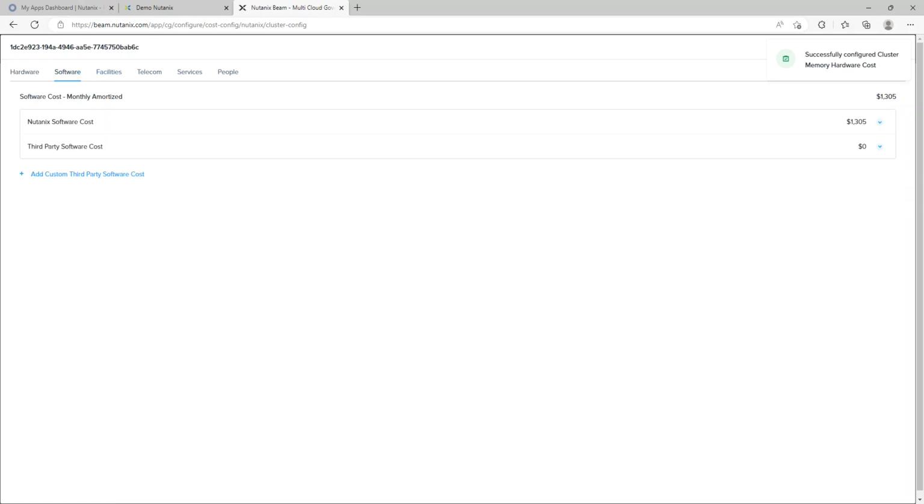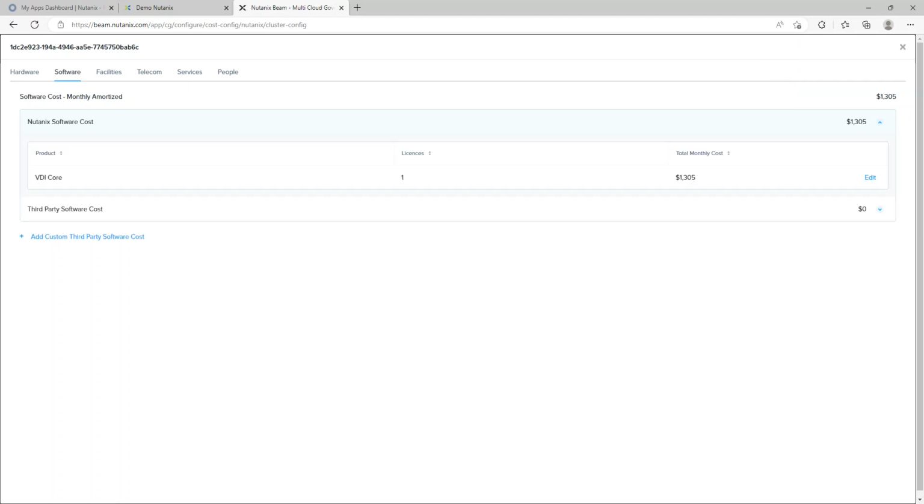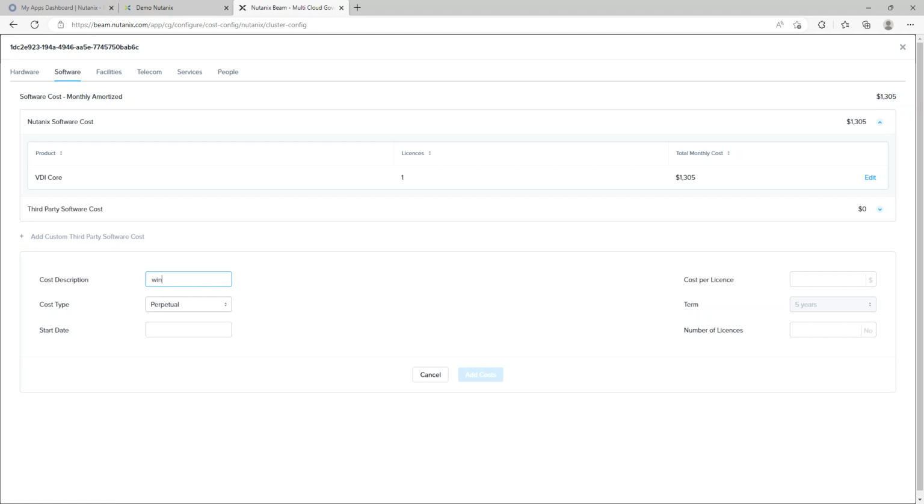Okay, software. So software, the total cost. When we talk about the total cost of software, you need to know that you take on board, if you've got Files, if you've got Calm, if you've got Flow, and so on. For this one, for example, you've got the VDI solutions as well. You can add a third-party software cost, for example. I don't know if you've got some Windows license, Microsoft MS license, for example. You can say